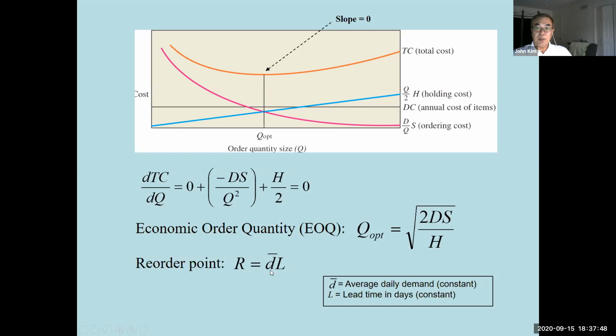For daily demand or average demand, if that store or plant is open 365 days, and annual demand is uppercase D, then daily demand is